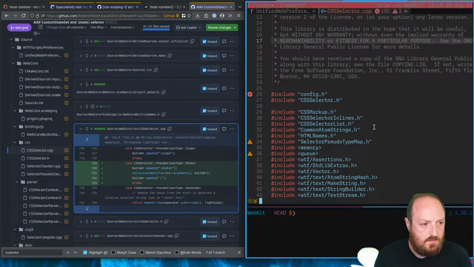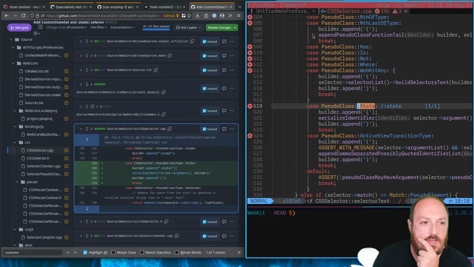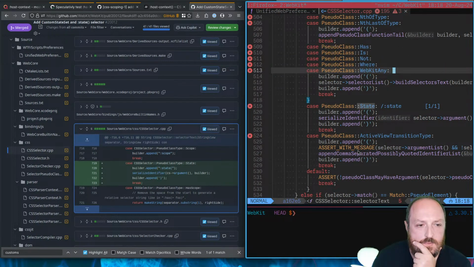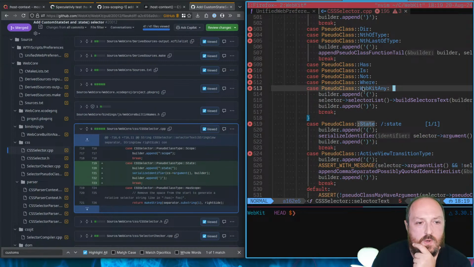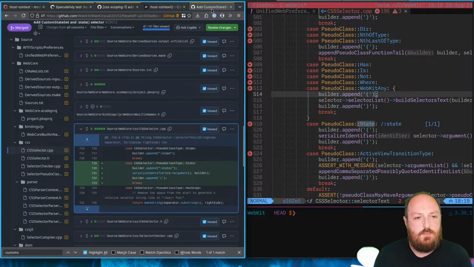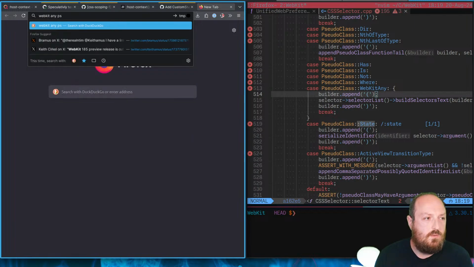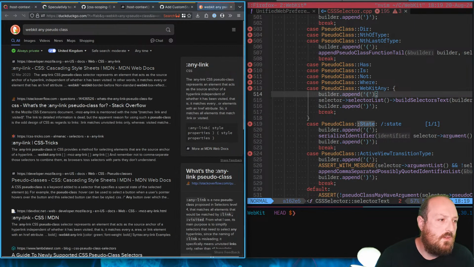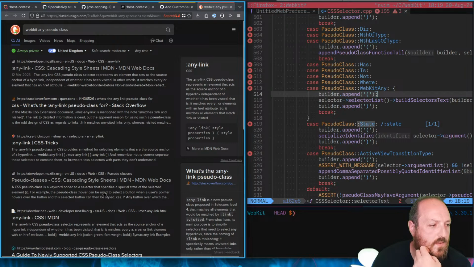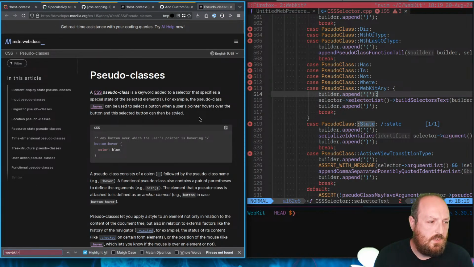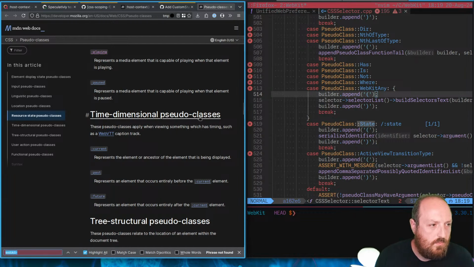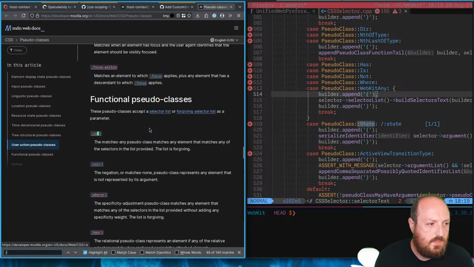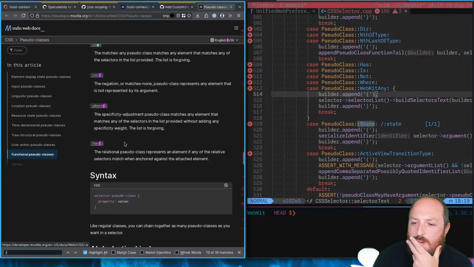But if we go to source, web core, CSS, CSS selector, and we look around, if we look for state, we can kind of see there's this enum. The enum is how each of the pseudo classes are built. Oh, I wonder if WebKit any. What is WebKit any? Would this be the one that we want? WebKit any pseudo. I'm just trying to find a pseudo class that was WebKit any, the old name for the